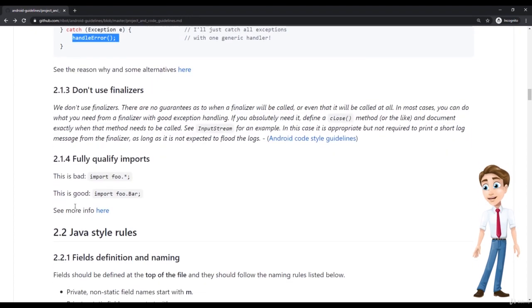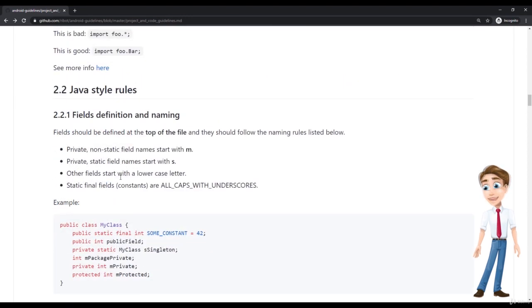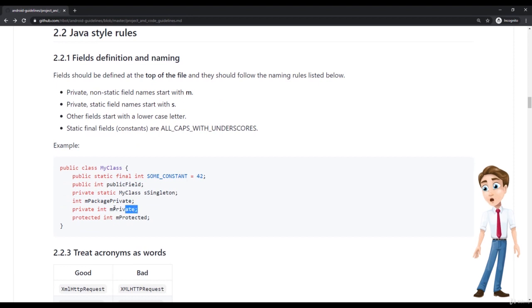Now, let's skip the qualifiers because the imports are usually done automatically by Android Studio, so I don't want to spend too much time on this. We are going to have a quick look at style rules for Java. And again, if you're in Kotlin, there are still some of these that apply. I don't want to go into the Hungarian notation for private variables with the m.